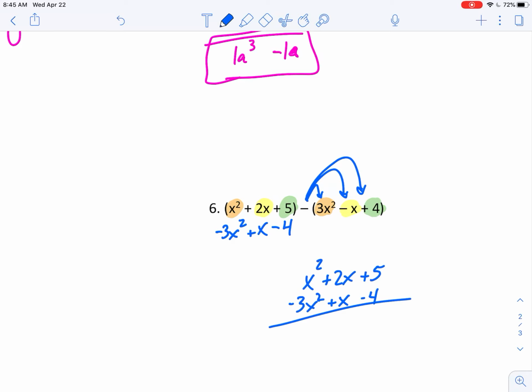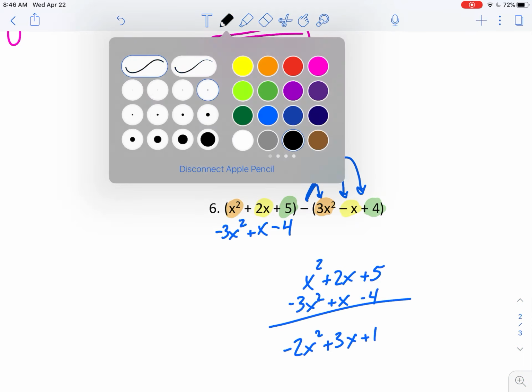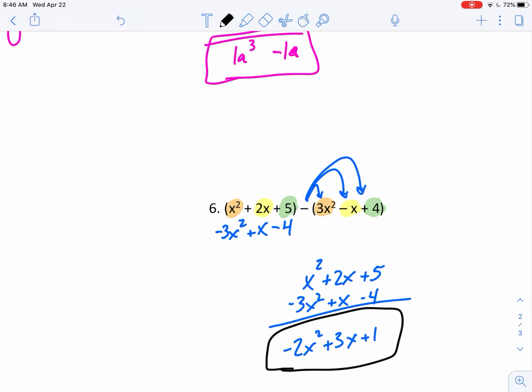I'm going to write this off to the side. So I've got x squared plus 2x plus 5 minus 3x squared plus x minus 4. We end up with 1x squared minus 3x squared. 1 minus 3 is negative 2. 2 plus 1 is